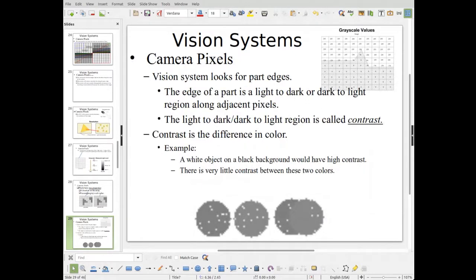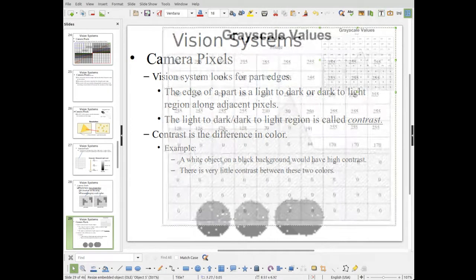All right, so as I mentioned before, what the camera is really looking for is the edges of a part. Okay, what can it see? What can it not see? And so if we look at this grid here, when we have a part with a different shape,